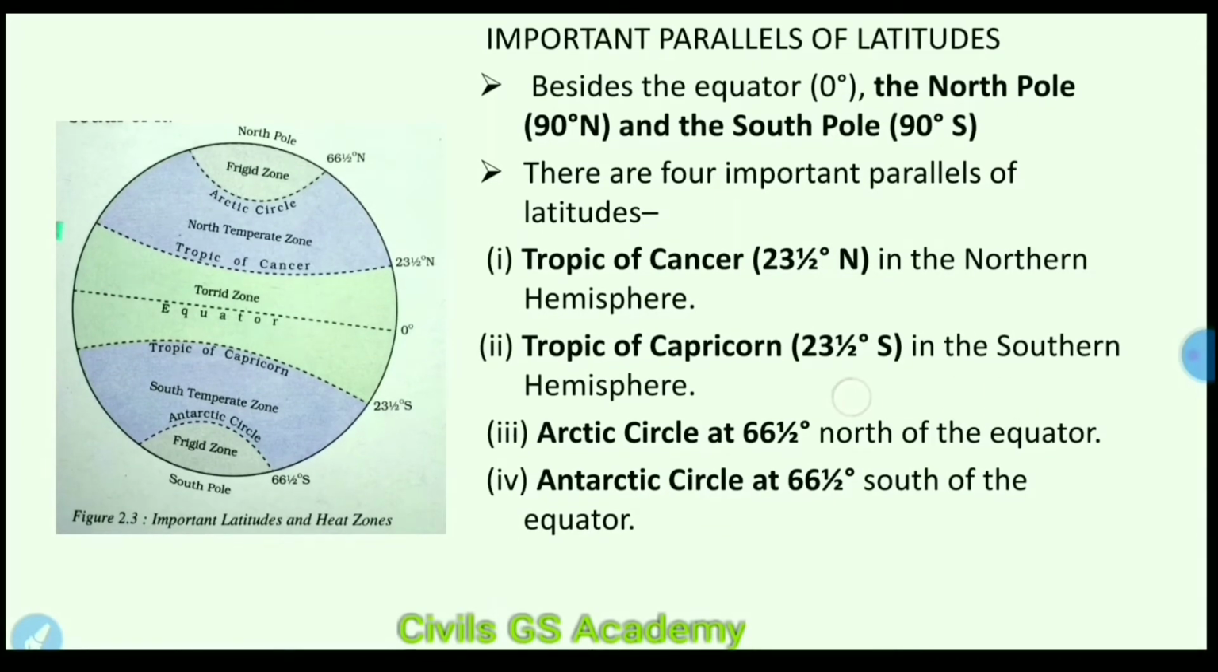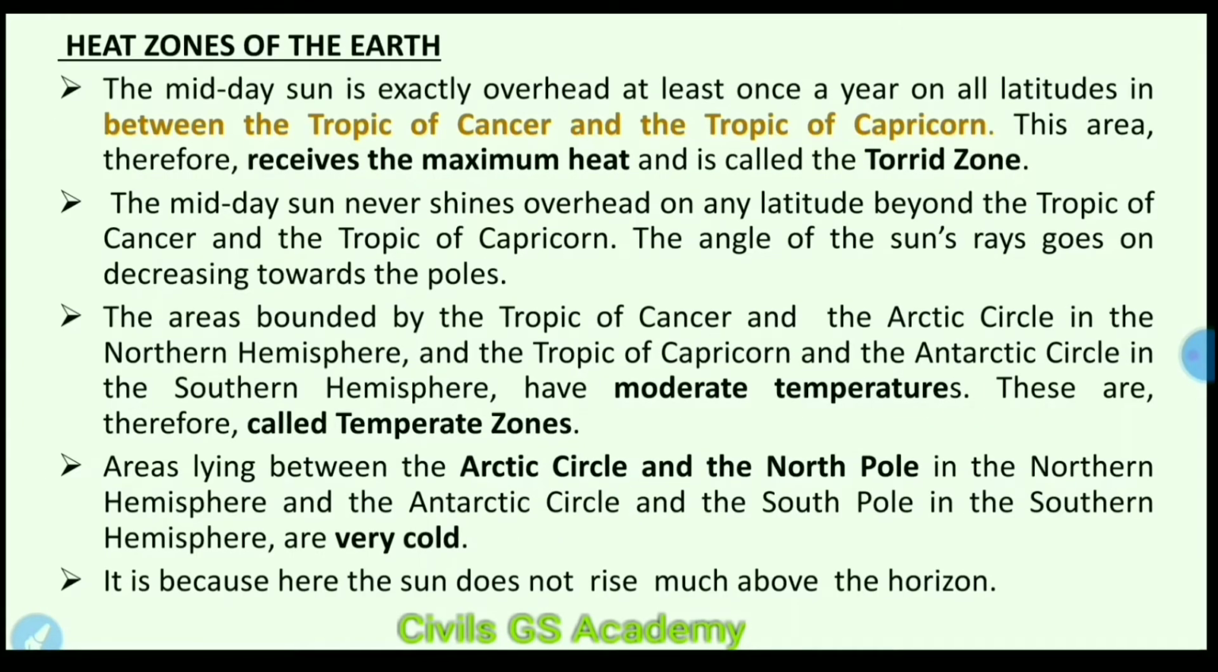Now we'll discuss the heat zones of the Earth. See, the midday sun is exactly overhead at least once a year on all latitudes in between Tropic of Cancer and the Tropic of Capricorn. So note this point. The midday sun is exactly overhead at least once a year on all latitudes in between Tropic of Cancer and Tropic of Capricorn. This area therefore receives maximum heat and is called the torrid zone,